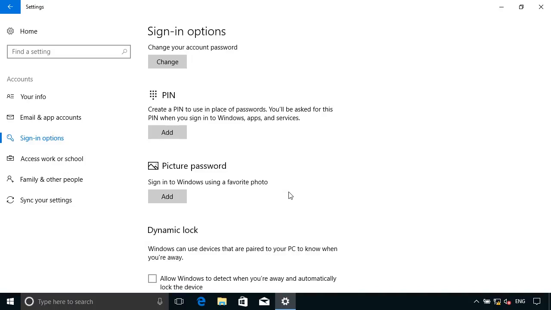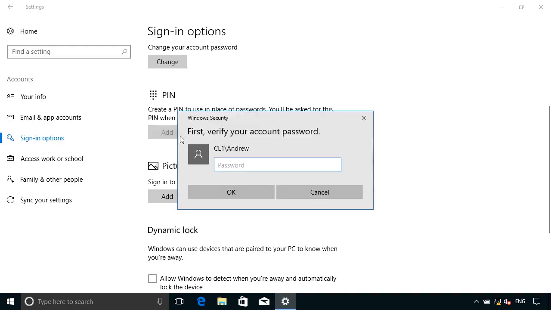Often I'm asked why a 4-digit or 5-digit PIN is more secure than a complex password. And that's because the PIN is associated with a specific device, whereas the password can be used on any device. So you could have a different PIN for each of your devices. Let's add a PIN right now. First of all, we need to authenticate ourselves by entering the password